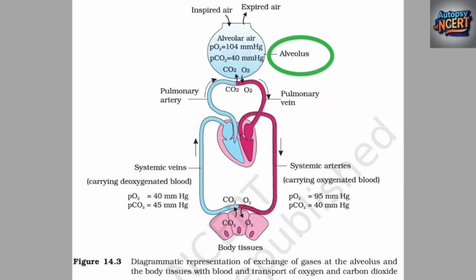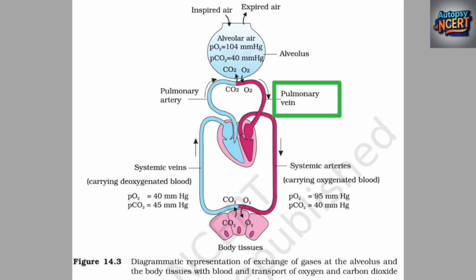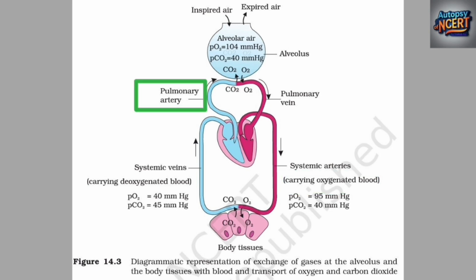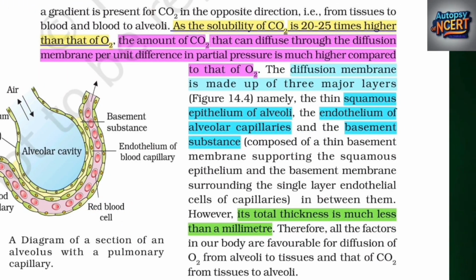Alveolus. Body tissues. Pulmonary vein and systemic arteries, carrying oxygenated blood, pulmonary artery and systemic veins, carrying deoxygenated blood. A gradient is present for CO2 in the opposite direction, i.e., from tissues to blood and blood